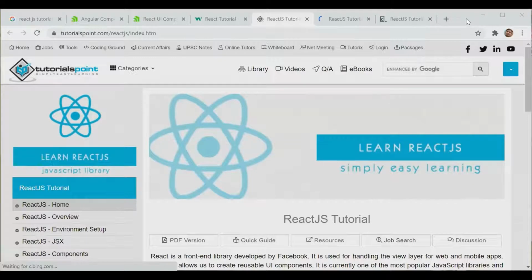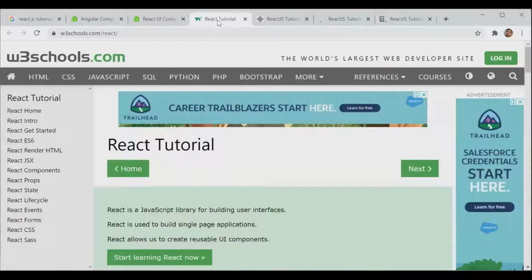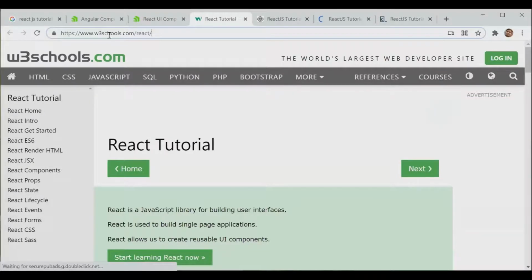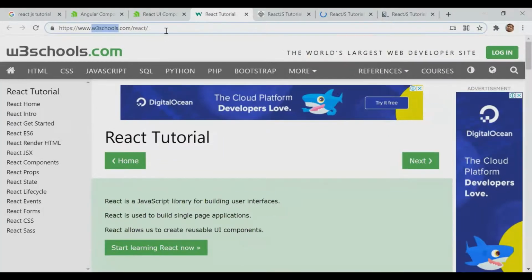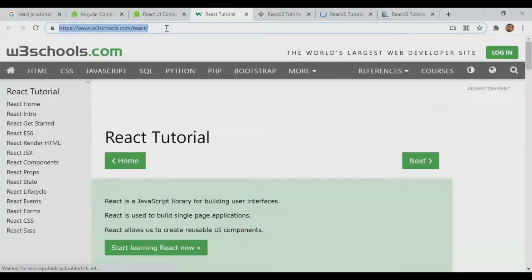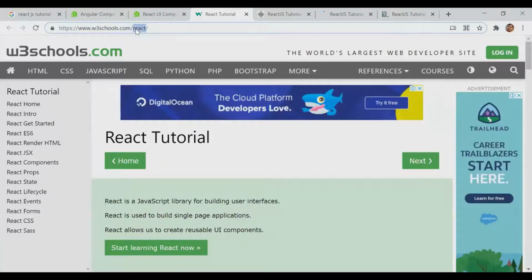Prasant, you are able to see my screen, right? Yes. So I have opened here my favorite website, W3Schools. Whenever I feel that I need to start learning, I open this website first and get some very basic overview from here, and then I jump to other places.